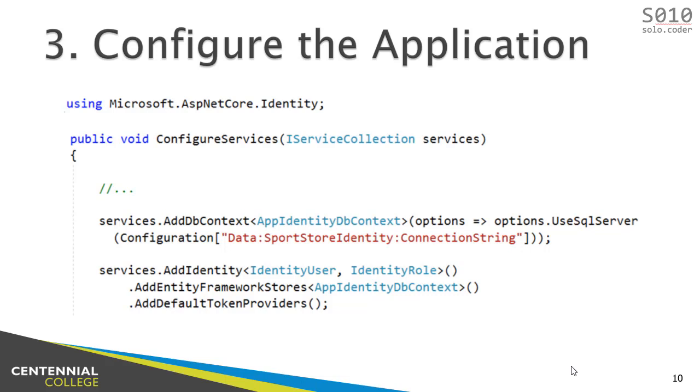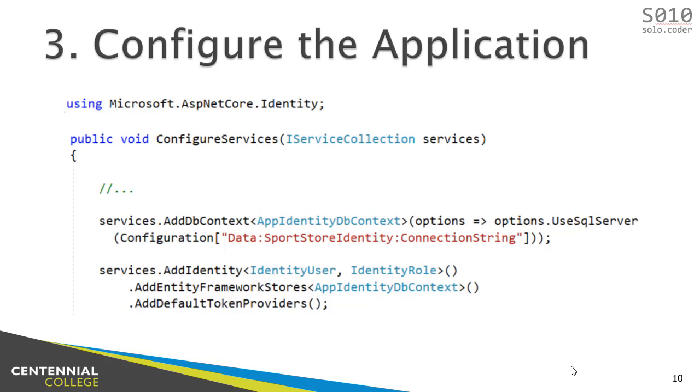And then, the same way as we had the context, we added the context for the original database, we have the context for the new database, the new identity database. And here is the connection string. Data, sports store identity. This is to identify the entry in the connection string, and then give me the connection string. So this line here will allow you to connect to the database. And we also added the second line here, which adds the identity services to the application.